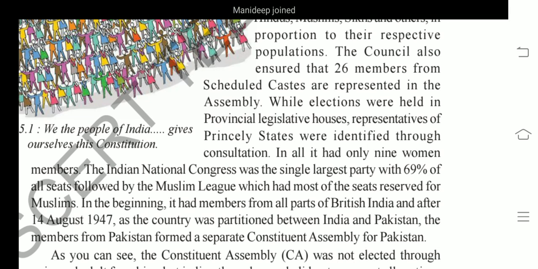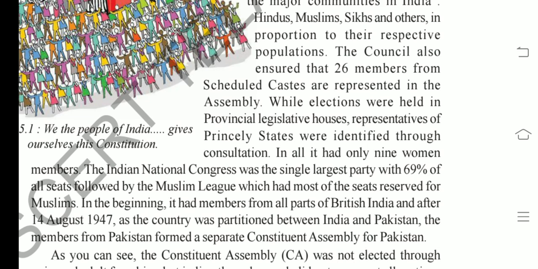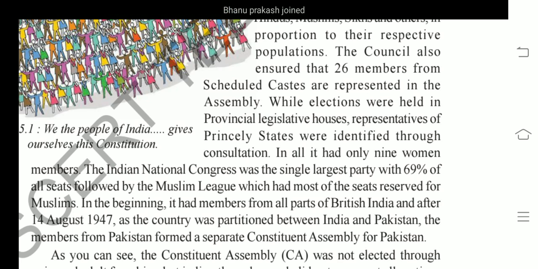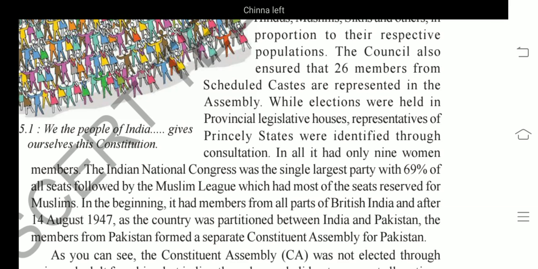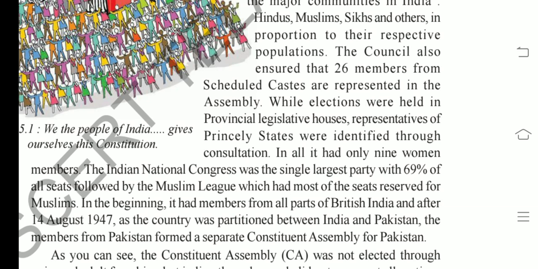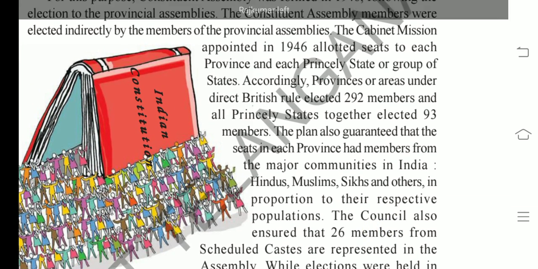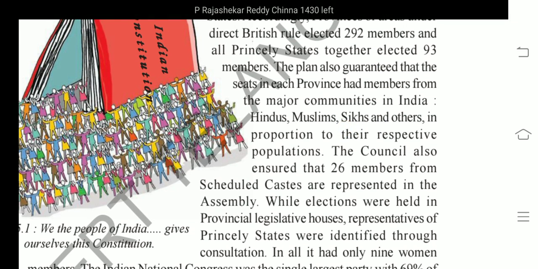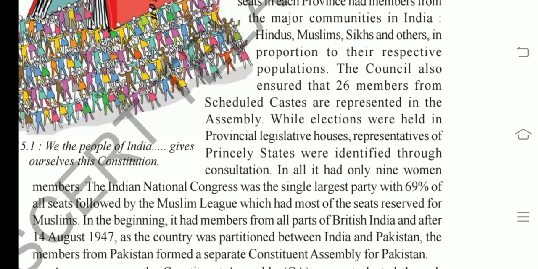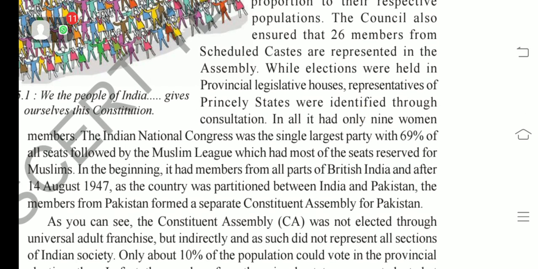They were identified, that means representatives of princely states in the Constituent Assembly were identified by the process of consultation. It means 93 members belonging to the princely states were taken to the Constituent Assembly through the process of consultation,